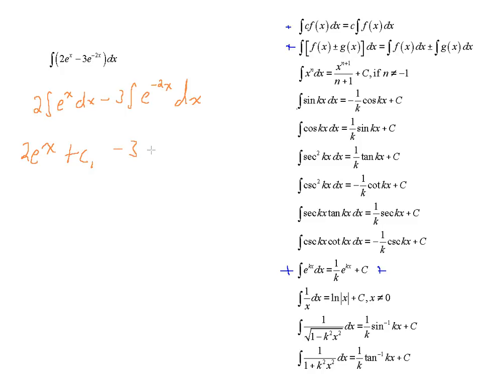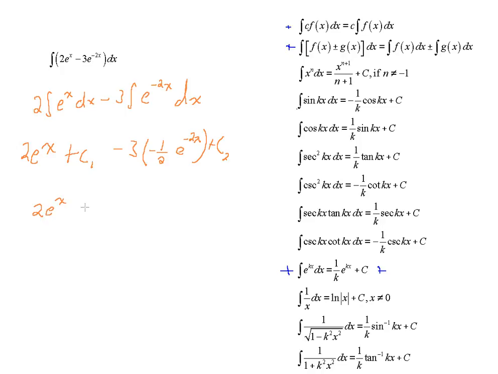We look at this formula, this is a non-zero constant, so we have times negative 1 over 2, or 1 over negative 2, e to the negative 2x plus, oops, didn't forget that, plus c2. So now an arbitrary constant plus another arbitrary constant is just